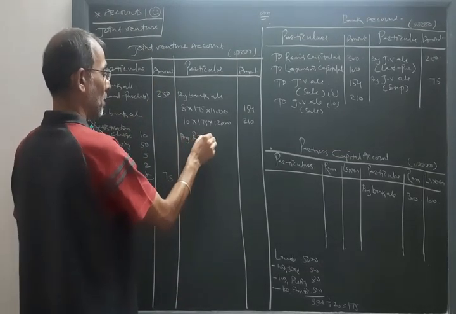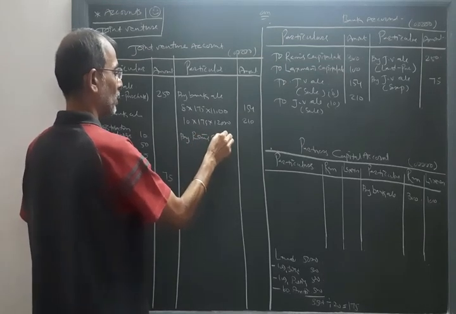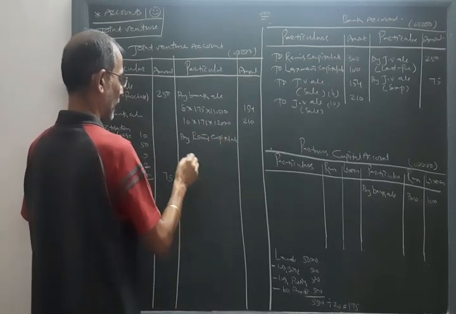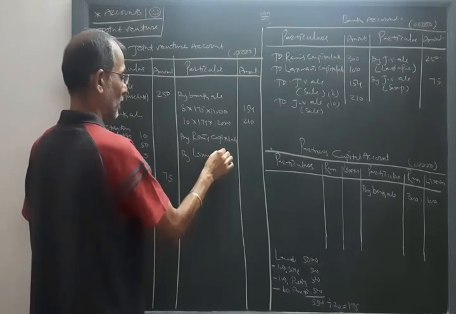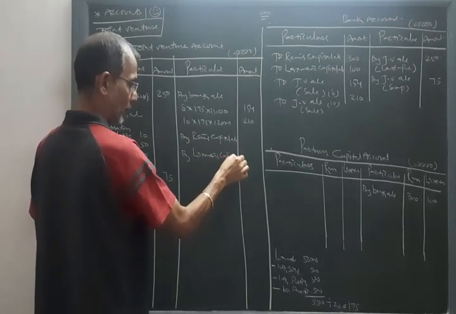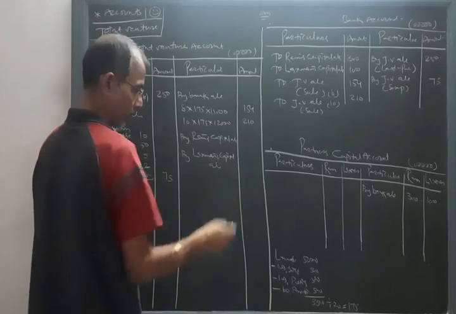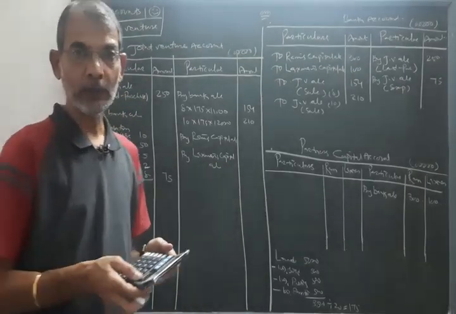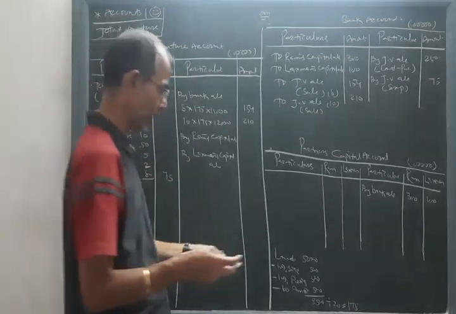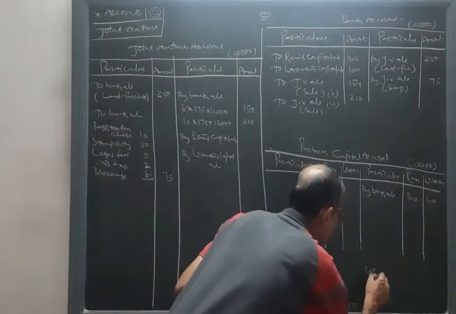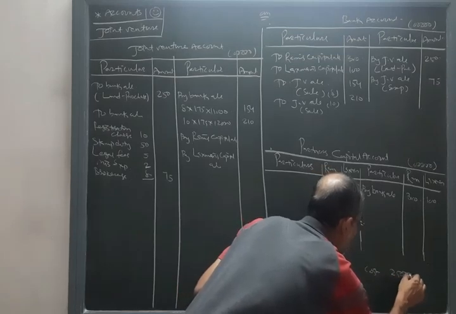These will be debited by Ram's capital account and by Lakshman's capital account. How will we calculate the cost? The purchase price is 2 crore 50 lakh,